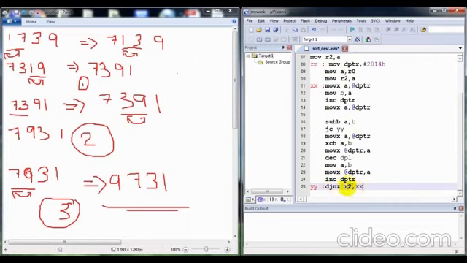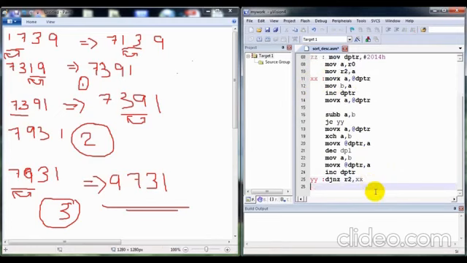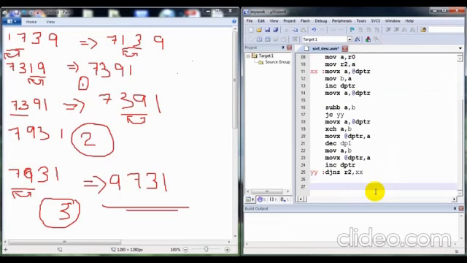By using this command, decrement and jump if non-zero, that means decrementing the R2 value by 1 and checking if it has become 0. If it has become 0, then it goes to the next line, else it goes to this step.